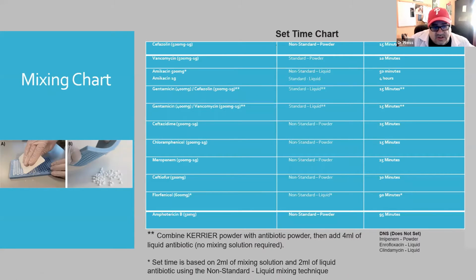So that's something you really need to know going into a procedure when you want to make these. Sometimes in some of these cases, we've set the animal up for anesthesia, pre-med them, and while he's pre-medded and waiting to be induced, I make beads. So then they're just ready to go right away, fresh. So it's really